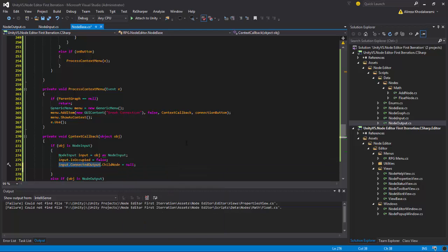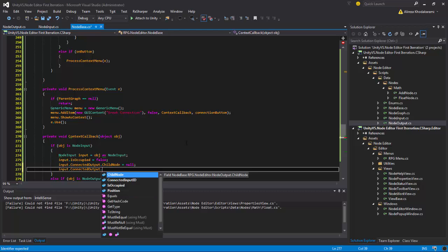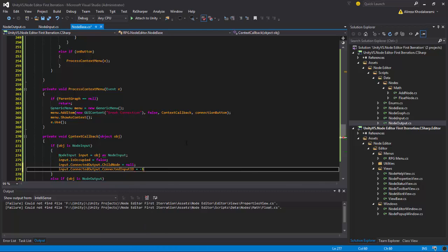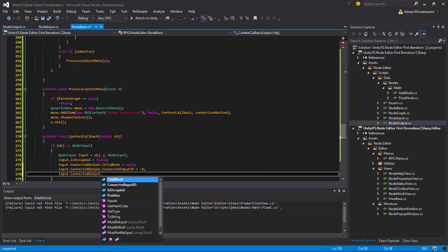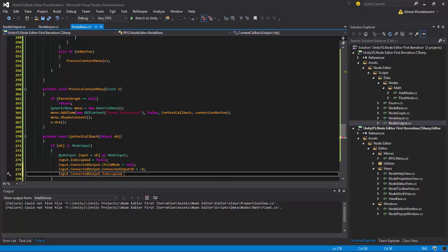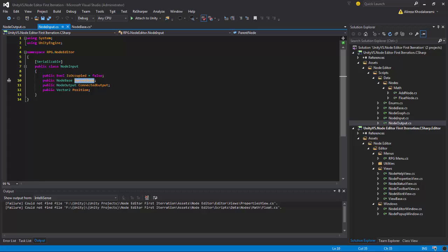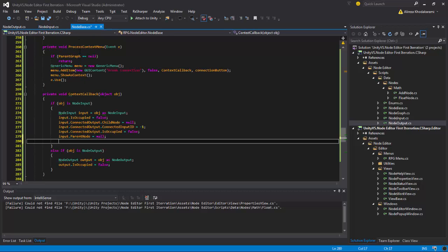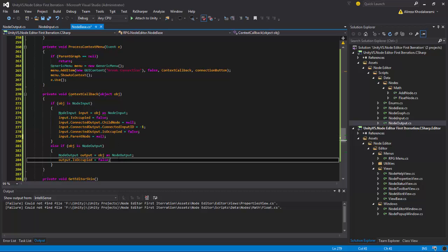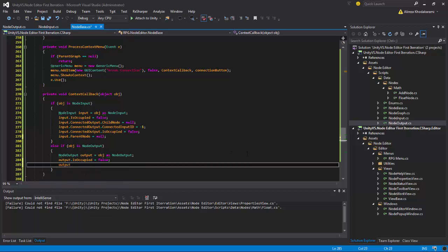and then connected output dot input ID equals -1, dot is occupied equals false. Okay. Then we say the parent node equals null. Okay. Anything else do we have on input? No. So that's that. Now if we have the output, we say output dot